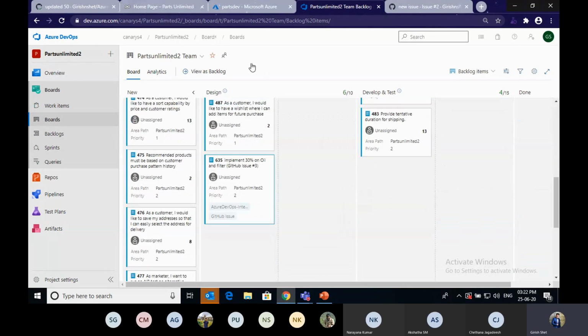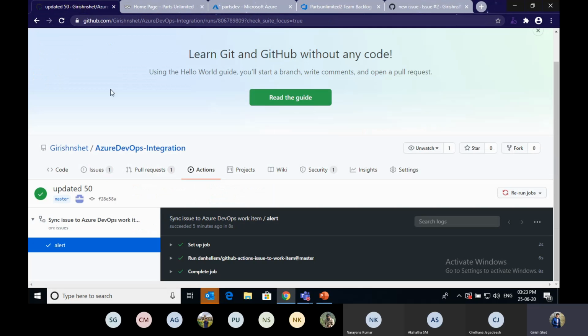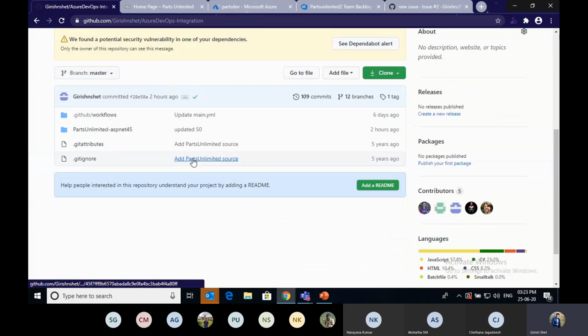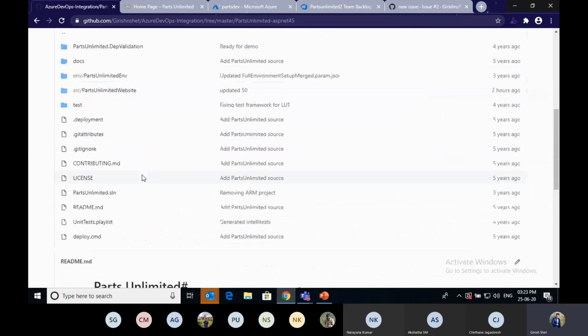Now what we'll do is change the requirement. You have to change it from 50% to 30%. For that, I'm going to enter into my source code here.